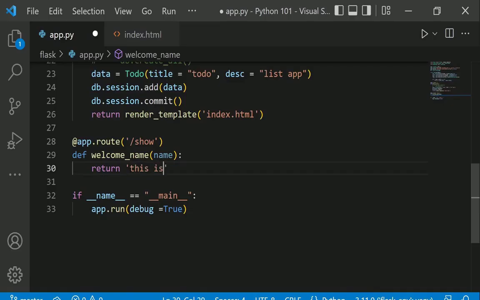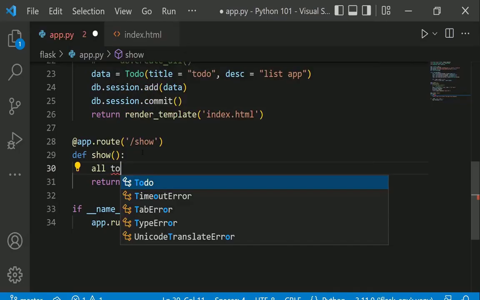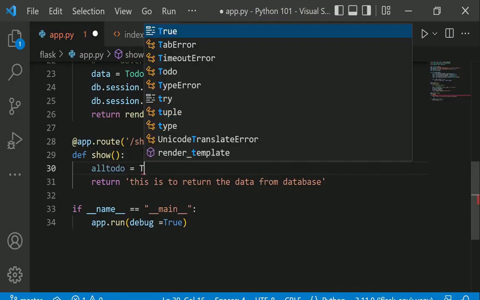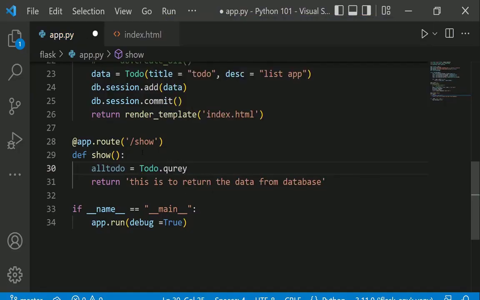This is to return the data from database, and after that we will just remove this thing, and we are going to be replacing the name of the function with show, and we are going to be adding a few lines of code over here. So we will do all to do will be equals to ToDo.query.all,